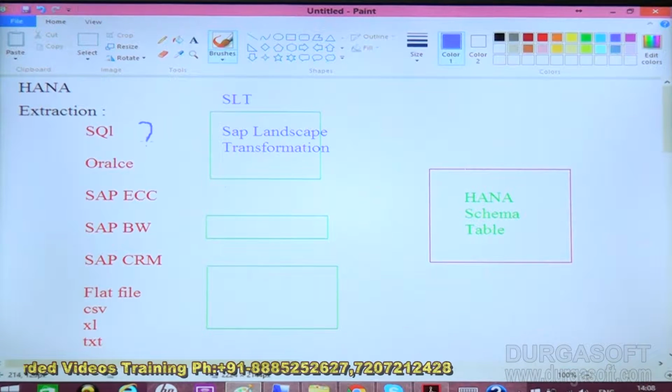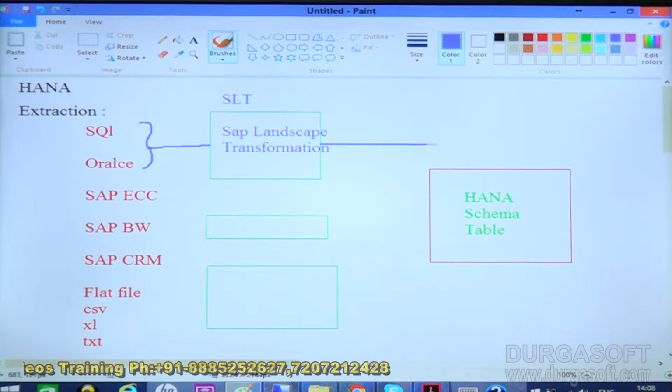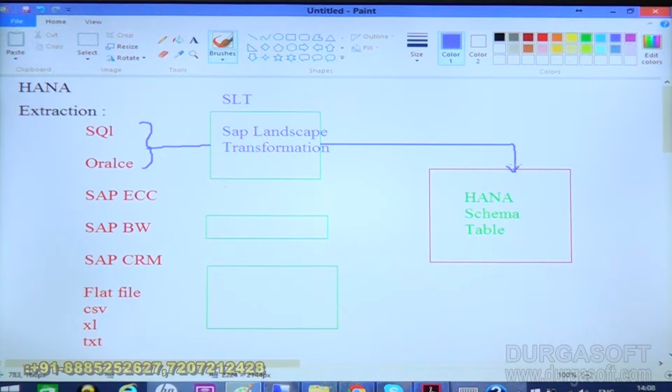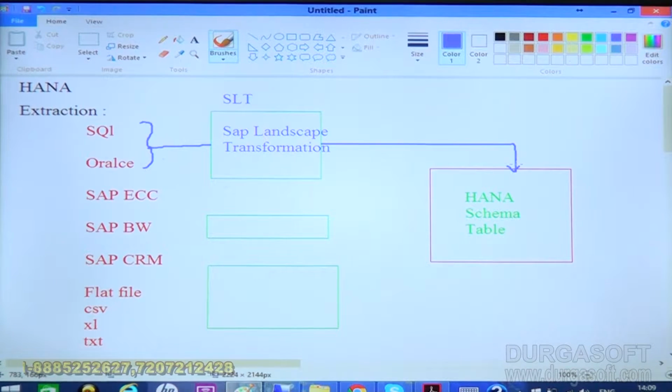It supports all the different databases connecting to SLT. SLT will connect to the HDB server. So we have different databases, and if you want to perform any activities on any environment, we can do all this activity. If you take SAP systems or non-SAP systems, we can directly connect to the SLT part.